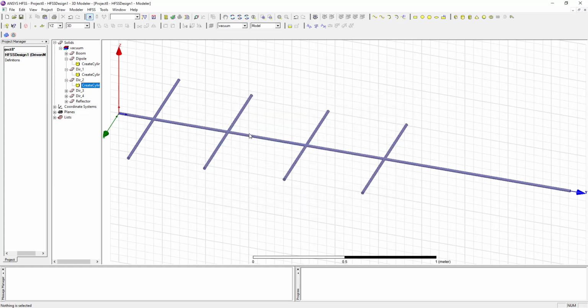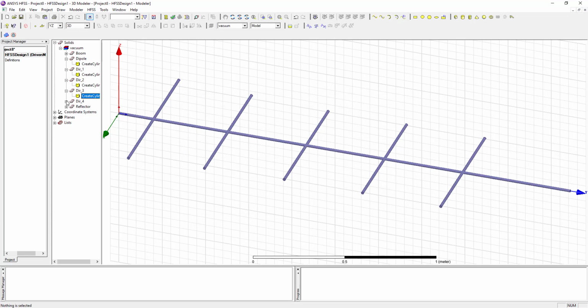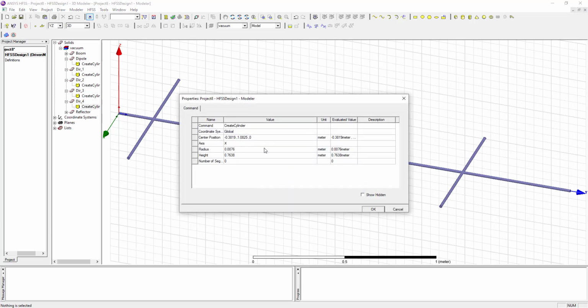Then click on OK. For director 3, the center position in the y direction will be 1.9875 meters. Again click on OK. Now for director 4, the position on the y-axis will be 2.44. Click on OK.